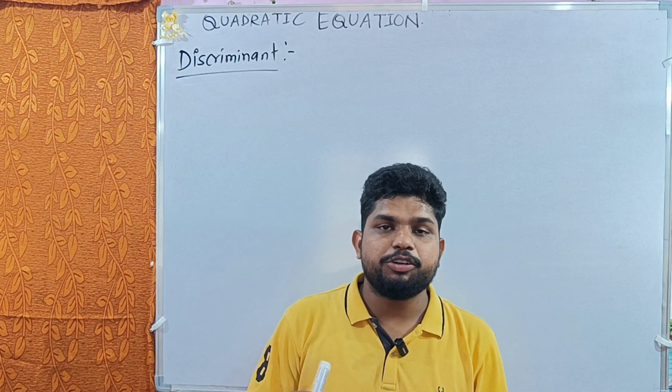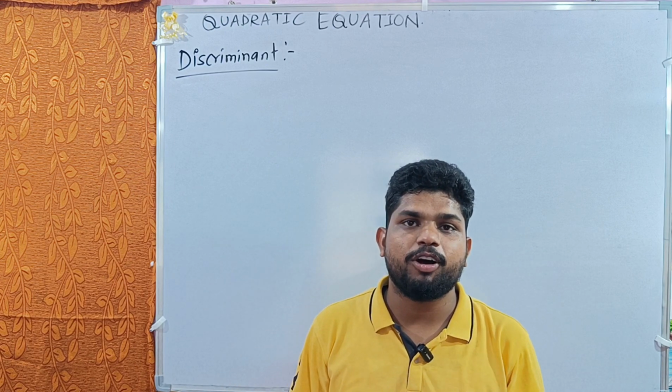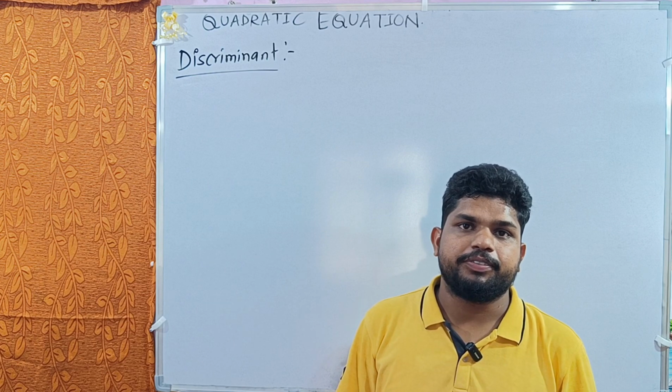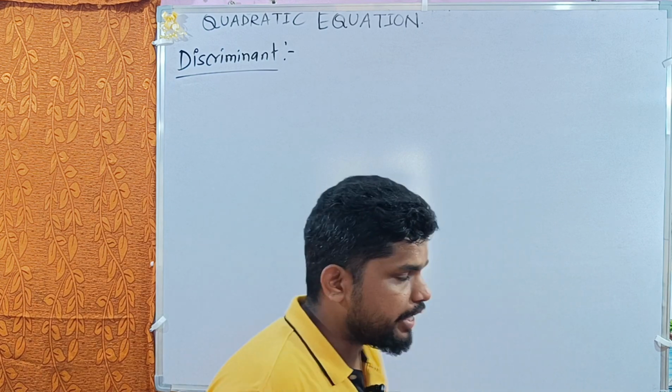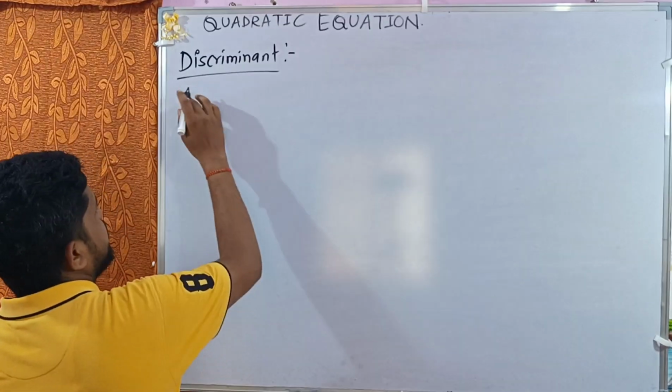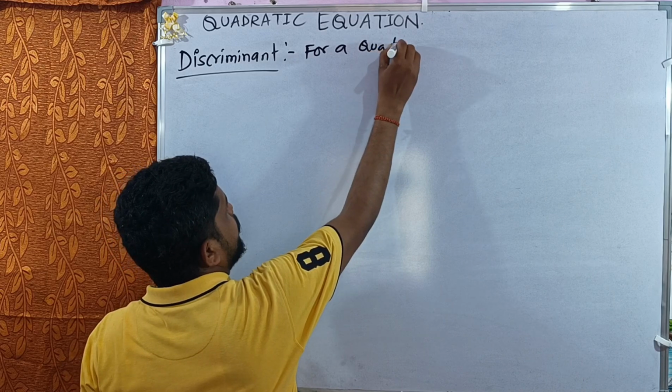Dear students, the new term called discriminant is a special relationship between the real numbers of a quadratic equation. Let us see the small definition of a discriminant. So, discriminant for a quadratic equation